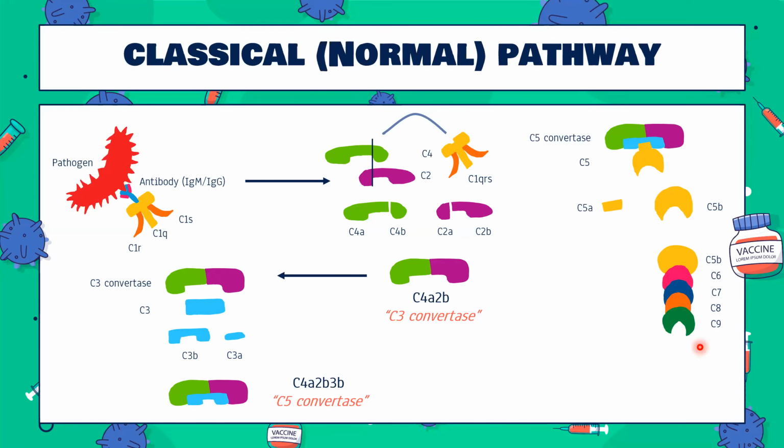And don't those kind of look like something I showed you guys in the beginning? Every single one of them? They kind of look like our membrane attack complex. So once we have this binding of C5b to C6, C7, C8, and C9, we finally have this formation of